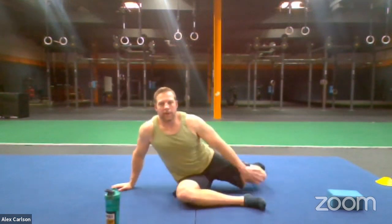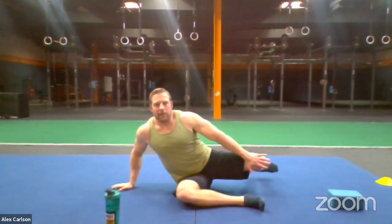So let's start to focus on that trail leg here. Get whatever amount of lean you need, or at least test it each rep. And then the first action will be lifting this leg up in this direction, okay? So I'm gonna pick my whole leg up off the ground and then push gently, just a little bit, as